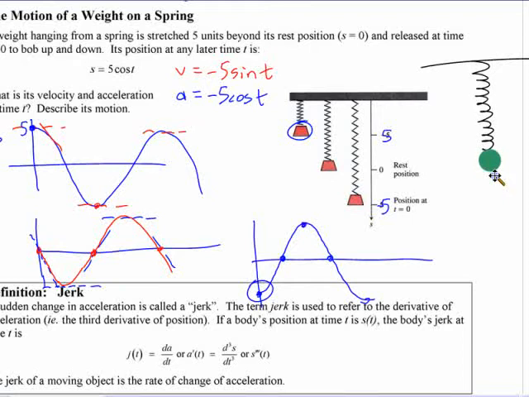Now its speed is changing the other direction. As soon as it hits the middle point, then its speed is changing in the other direction. That's where its acceleration changes. Till it hits that middle point, that acceleration is negative. As soon as it passes the middle point, its acceleration is positive because the velocity is changing the other direction. And then once it gets to this point, at the very bottom, that's where its acceleration is the most positive,